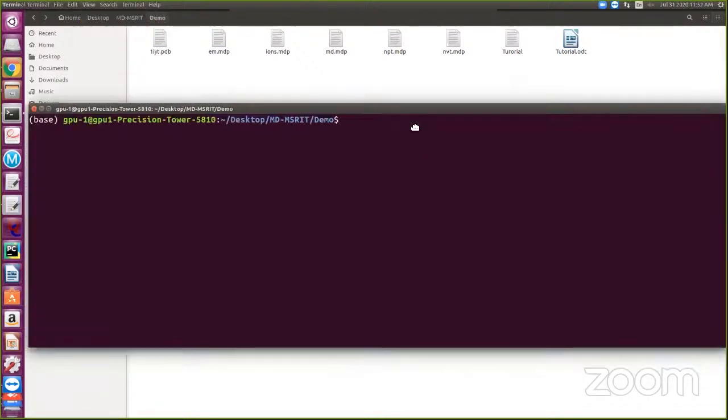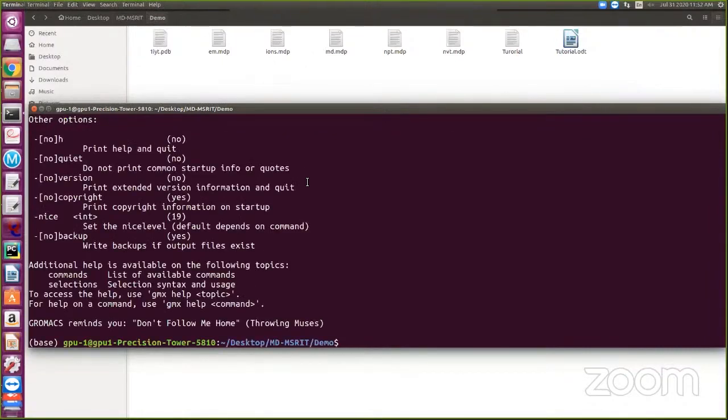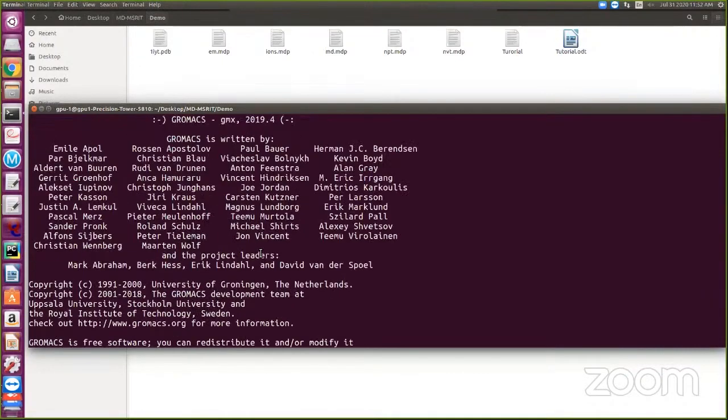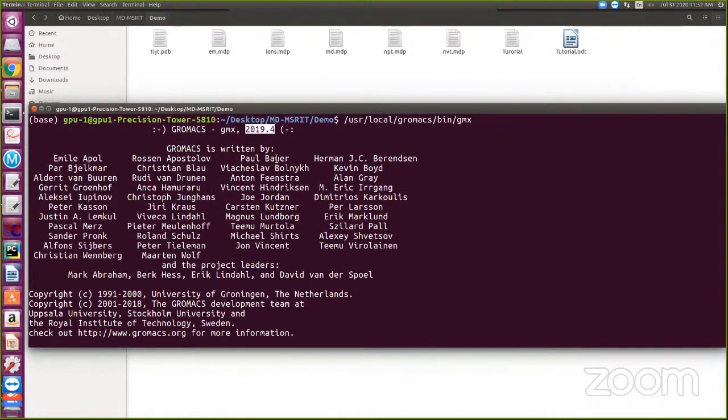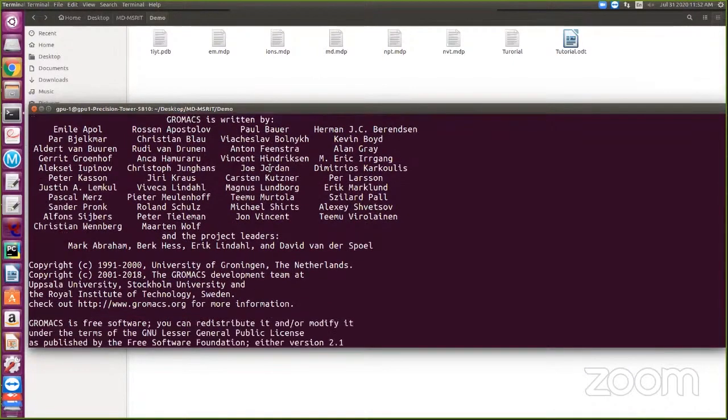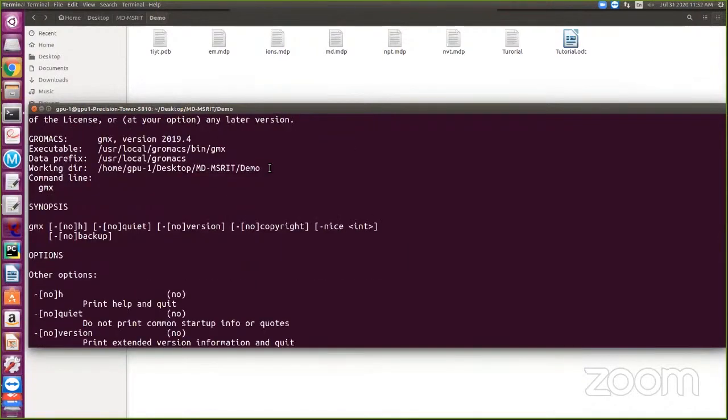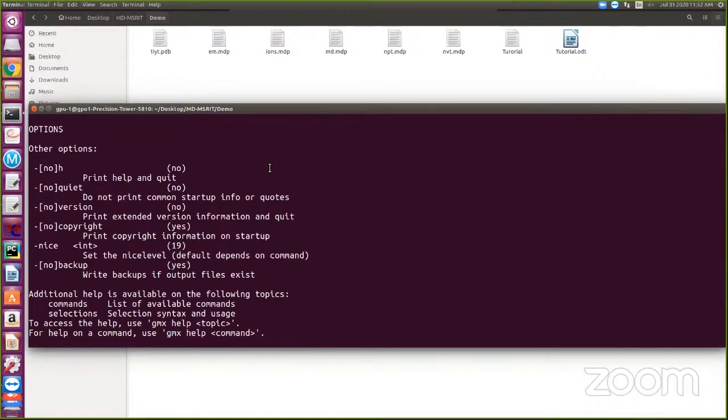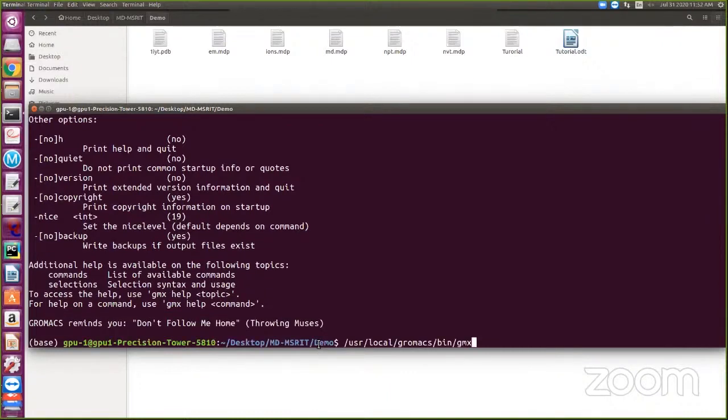Fine. So I'll just paste here. If I enter, this is the GROMACS I installed, the 2019 version, GROMACS 2019.4, and it is running inside the demo folder now. So this is what I'm going to perform: /usr/local/gromacs/bin/gmx.